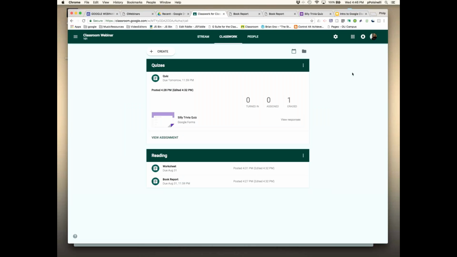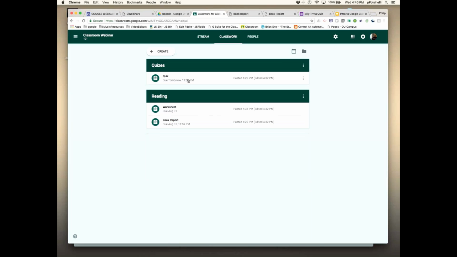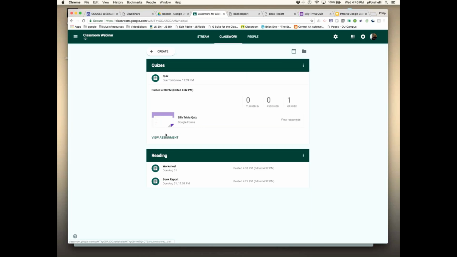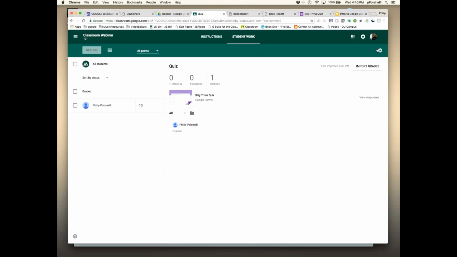that's basically it. Let me see. Oh, I do want to show you a couple little things here. If I click on any assignment, and I go to the settings for the assignments, look at this. Copy all grades to Google Sheets, download grades as a CSV. That means I could